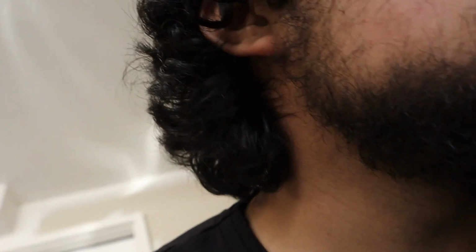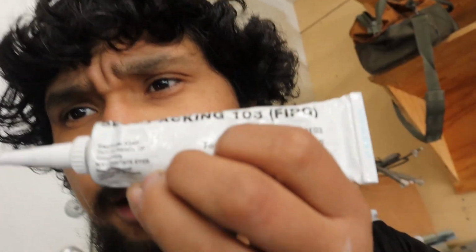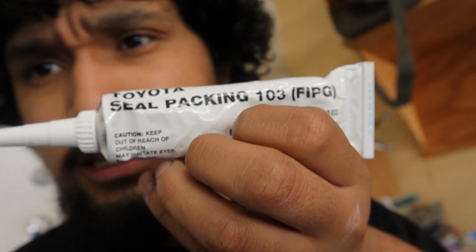But yeah, so I have the Toyota FIPG or whatever it's called. If I can find it, yeah. So this is the kind of sealant that you're gonna need right there. It's backwards or whatever, but yeah, this is the kind of sealant that you're gonna need. I've had it since I did my valve covers, I think. Yeah, I've had it for a while now, so this is definitely gonna come in handy